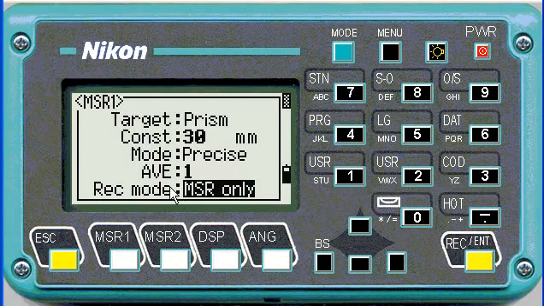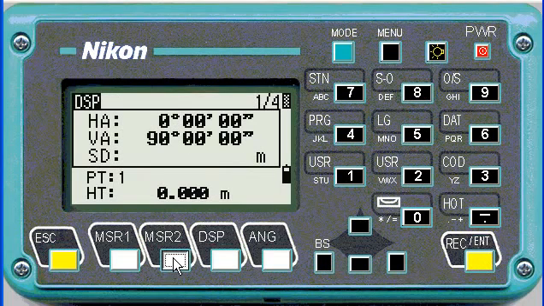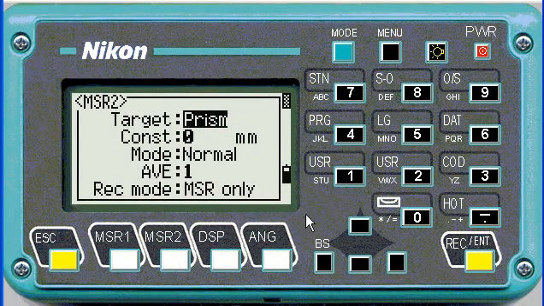And the record mode, if it's on measure only, it means it won't store a point, it will just measure it. Confirm is the preferred one, then it'll ask you for a point name and a code before you store it. If you say all, it won't ask you to confirm codes, and it'll just store based on the default values. So I'm going to leave it at confirm, push enter,